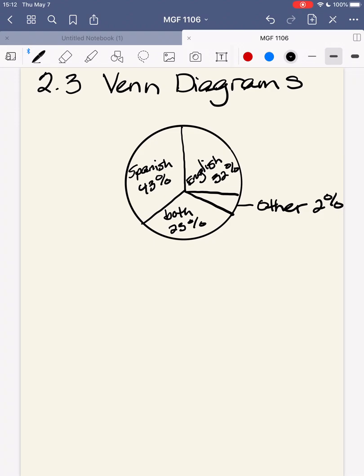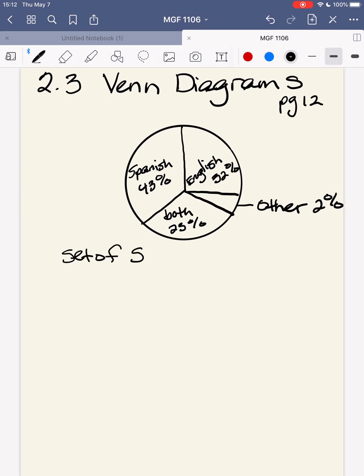All right, so over here in 2.3, we're going to be talking about something we call Venn diagrams. And this is actually the little pie graph that's on page 12 of the workbook. Okay. And what we have here is a standard little pie graph that has 4 different sets attached to it. We have the set, and these are sets of Spanish speakers,